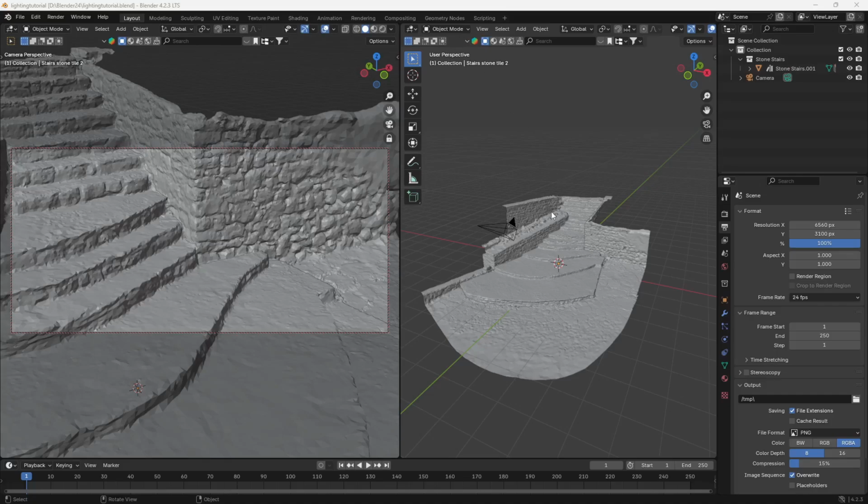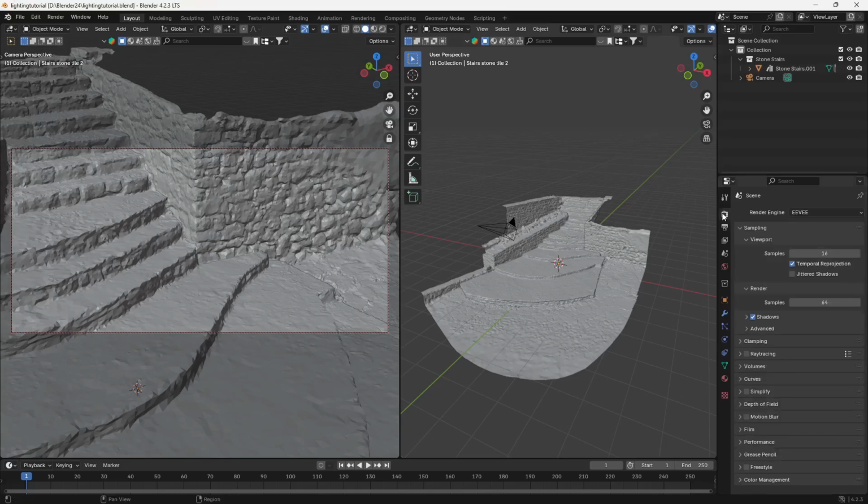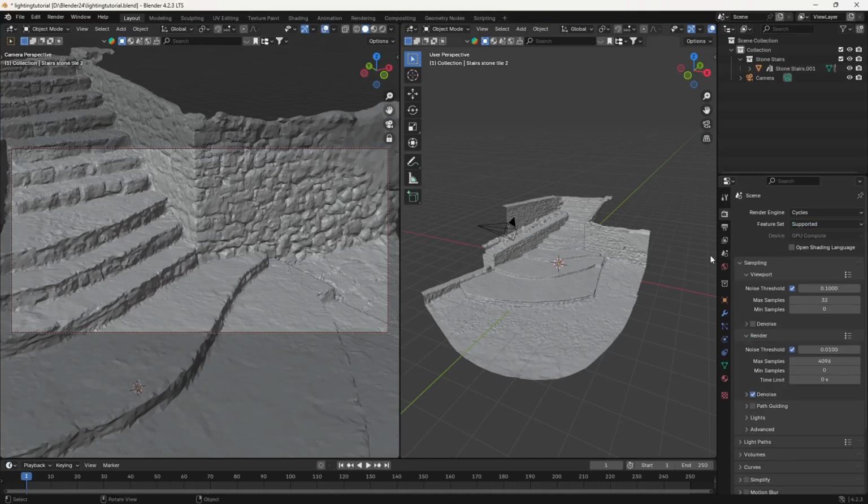In order to look at real world lighting, we need to use the Cycles render engine because Eevee is a real time render engine and I don't prefer it when you are going for a photorealistic result. So let's go to our render settings here and change from Eevee to Cycles. Now I have a good GPU, so I am going to compute on GPU itself. If you don't have a good GPU, you can use the CPU as well, but I am going to use the GPU here and I am using max samples of 32. By default, it would be around 4096, but let's just use 32 max samples here.